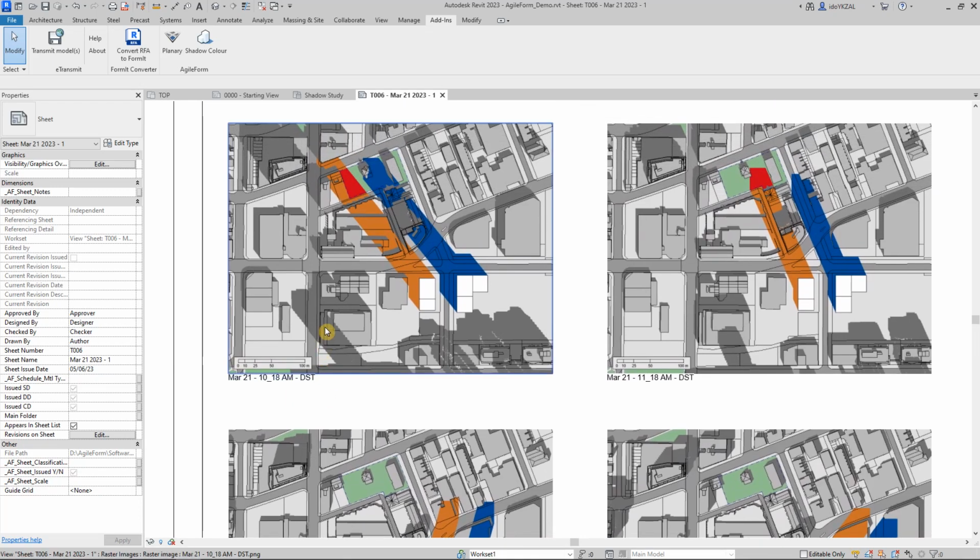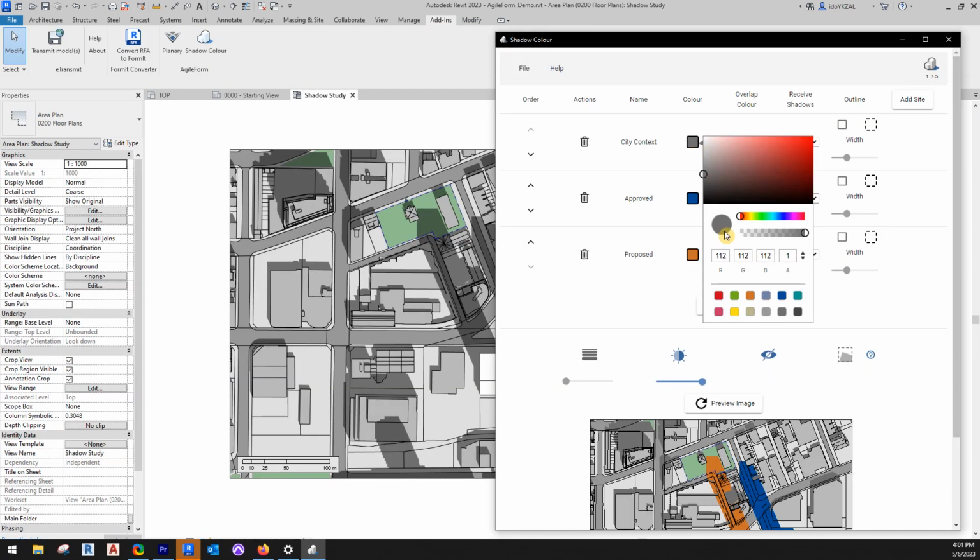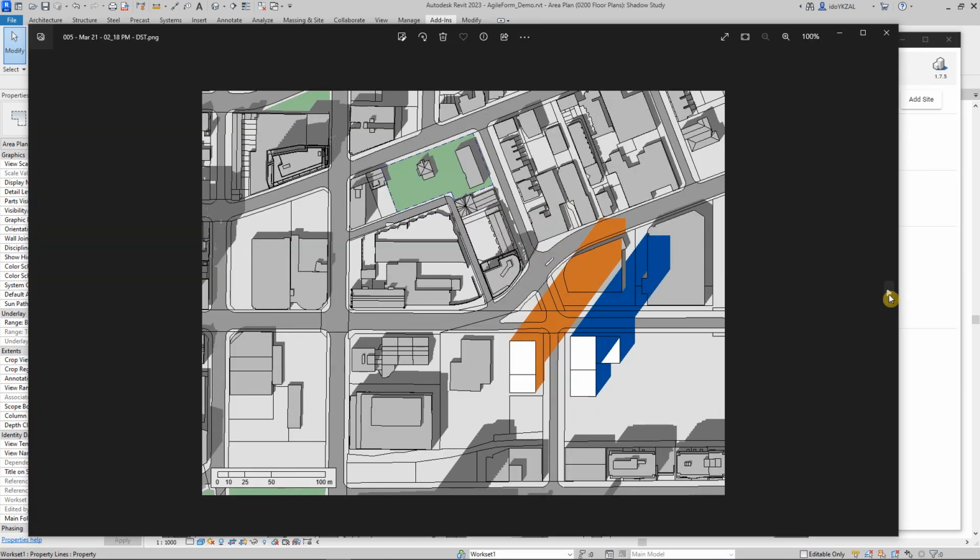Hello, in this tutorial I will demonstrate how to do shadow studies in Revit using Shadow Color. Shadow Color allows you to select a different color for elements in Revit and export shadow study images and GIF